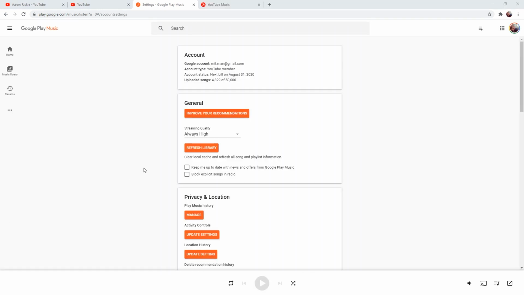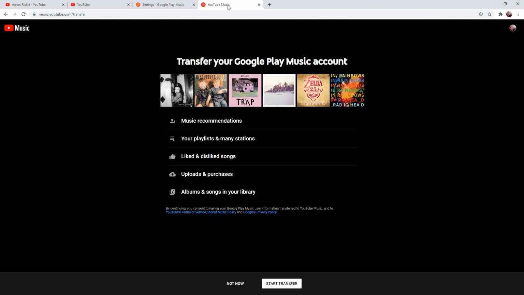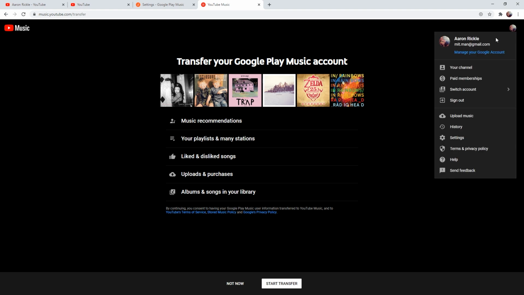All right, so if it didn't pop up and already tell you that you can move now, what it does is it actually sends you over to YouTube Music. So it's music.youtube.com/transfer. This is where you'll get this screen, transfer your Google Play Music account. So cool, recommendations, playlists, likes and dislikes, albums and songs in your library. Neat. So I'm going to double check up here too. I am on